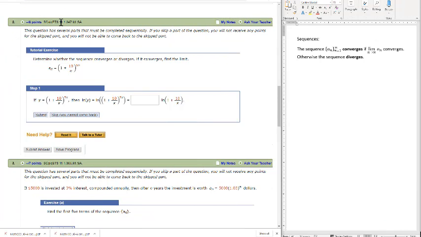Let's take a look at a lab problem from section 11.1. This is problem number 2. Determine whether the sequence converges or diverges, and if it converges, find the limit. Our sequence is a sub n is equal to 1 plus 10 over n in parentheses, all raised